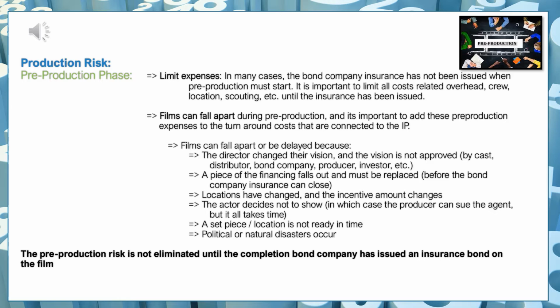Any of these pre-production costs that we have to incur should really be focused on getting the completion bond insurance issued, so that funds can be released to us and we can continue the pre-production with the funds that we have raised for the production. Otherwise, we're paying for it ourselves, and if the film falls apart last minute, which it can, we would then have lost that money in the first instance. So during pre-production, it is essential to make sure that we take care of the costs that we have to take care of, but are also very careful in case we incur delays.